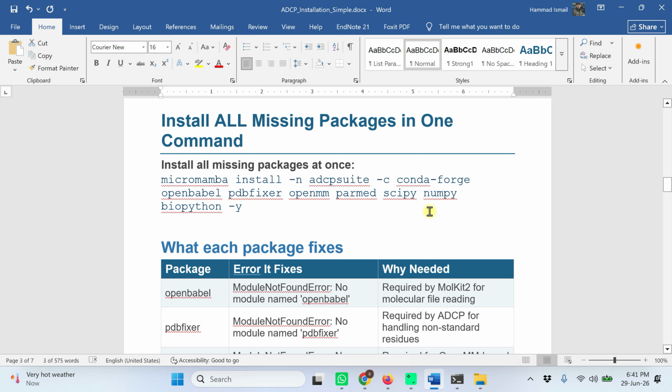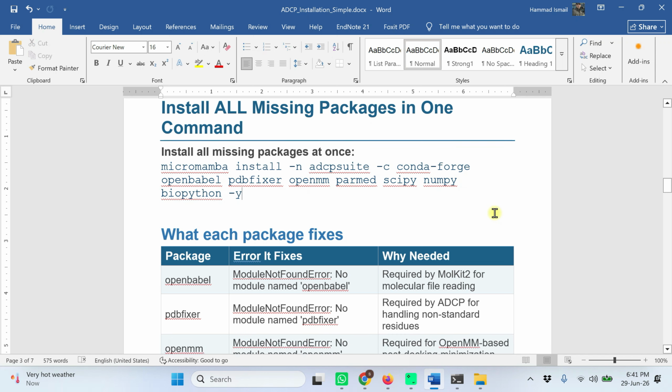Running peptide docking also needs some additional packages. This is a single command which installs all the missing packages.